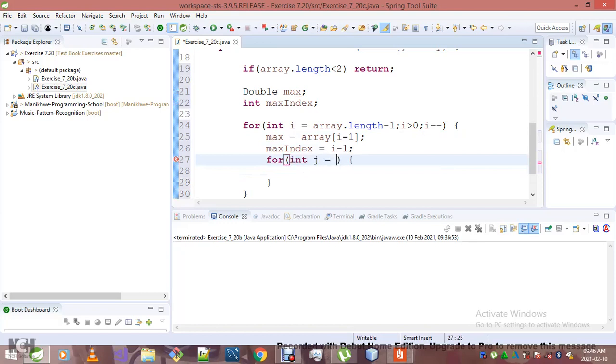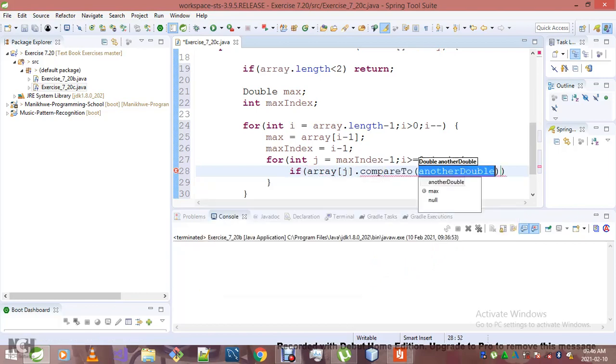Int j is equal to max index minus 1, is j greater than or equal to 0, j minus minus. Now we're going if array at j compareTo max is greater than 0. If this is the case,